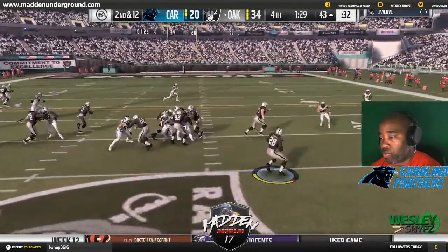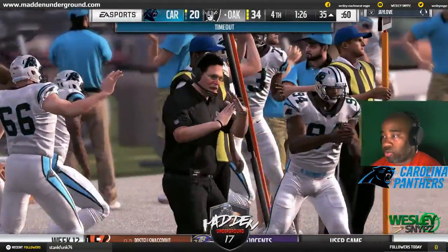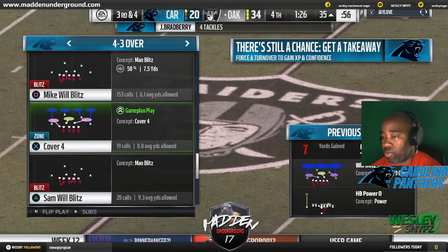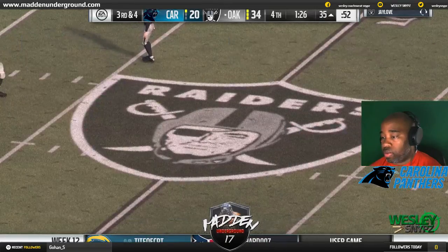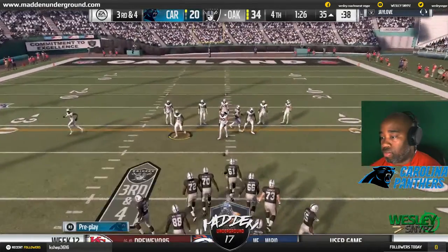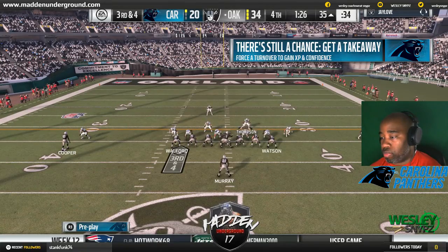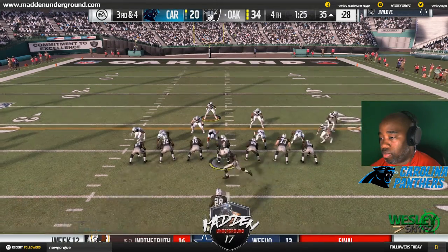Tenth carry of the game now, Murray. And he's going to take it down to the Panthers are going to take another timeout. That'll leave them with just 1 remaining in this 4th quarter of play. On a 2nd and long, it's really nice to see an offense that has enough confidence to run the football in that situation. I think that goes back to their practice and game planning. They've seen things on tape and in previous games that led them to believe that even in a long-distance situation, they can still run the football and gain enough yardage to put themselves in a good spot